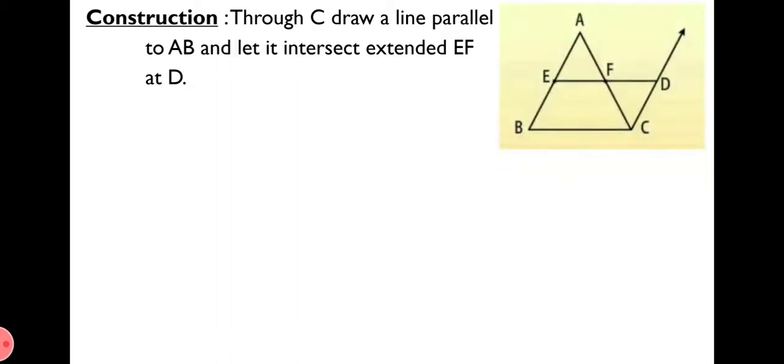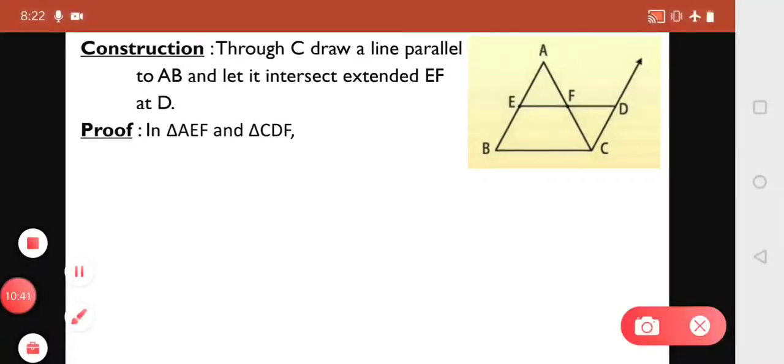Construction: through C, draw a line parallel to AB and let it intersect extended EF at D. Same construction which we have done in the previous theorem, same we will do. Through vertex C, we draw a line parallel to AB and it intersects the extended EF at D. For proof, again in triangle AEF and triangle CDF, we have